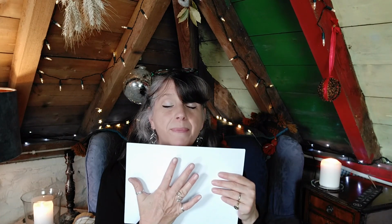So for this, I'm going to ask you to get a piece of white paper. I find this the easiest thing to use when you want to see your aura. However, if you have a bathtub that is white, a great place is to do it in the bath, because you've done your purification ceremony, it's relaxing, light some candles, and then we can start. It's very simple. We're just going to place your hand against the piece of white paper, and then you're going